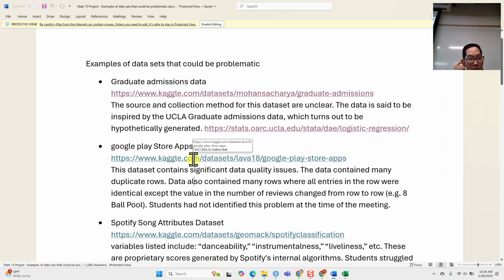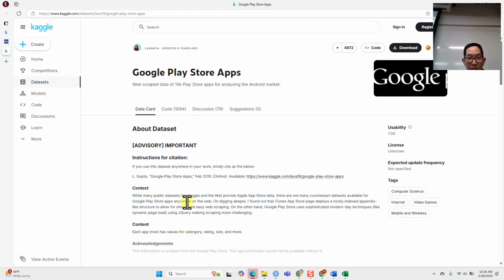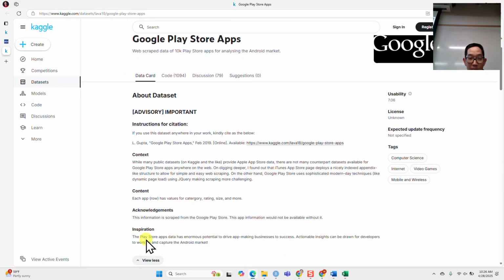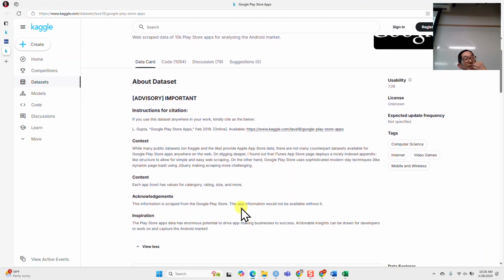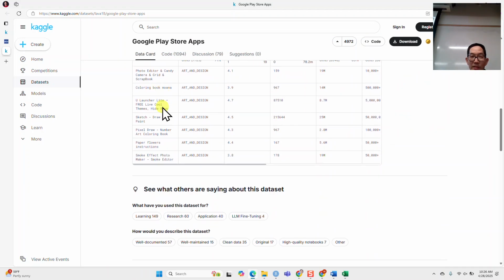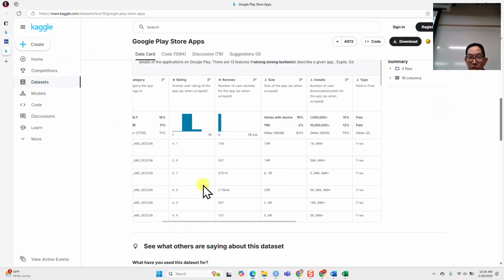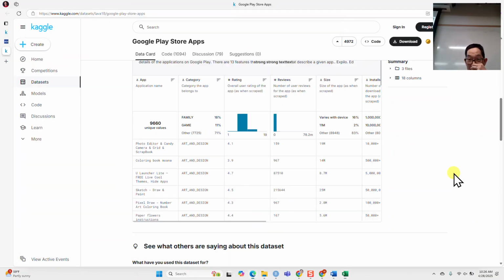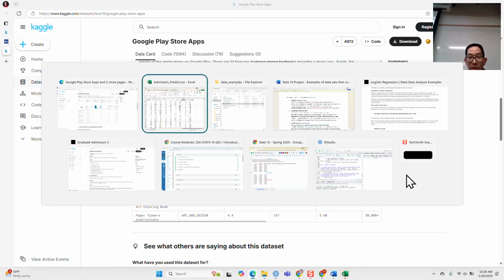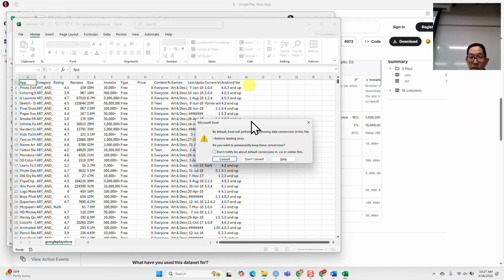Okay, another data set is the Google Play Store apps data. It says this information was scraped from the Google Play Store, which is like the App Store but for Android, and they downloaded information about each of these apps. At first glance it looks okay, and there's a couple of files here, but if you look closely at the data,